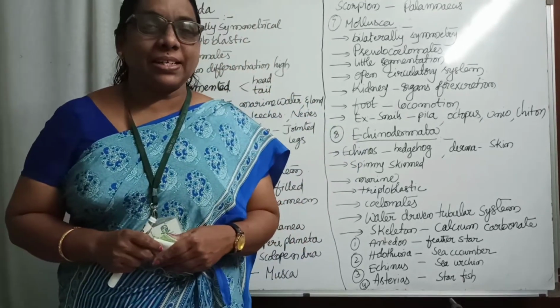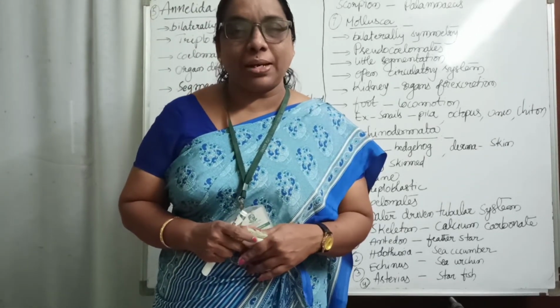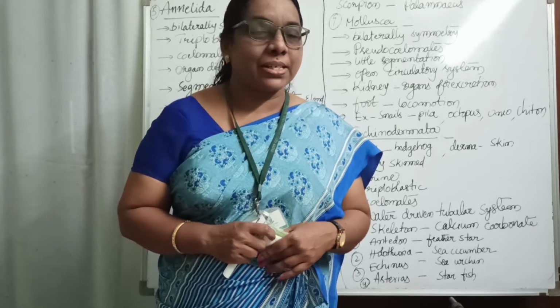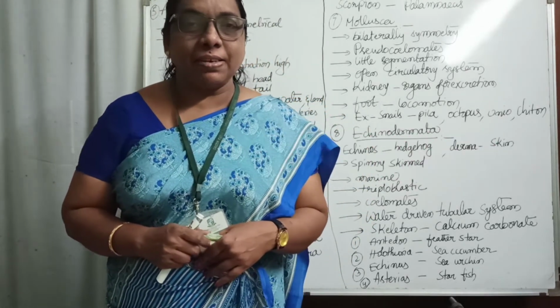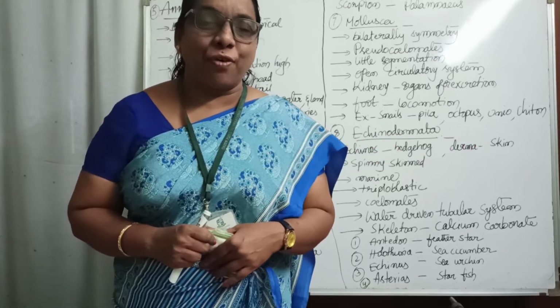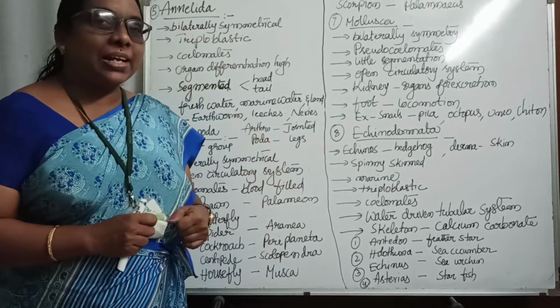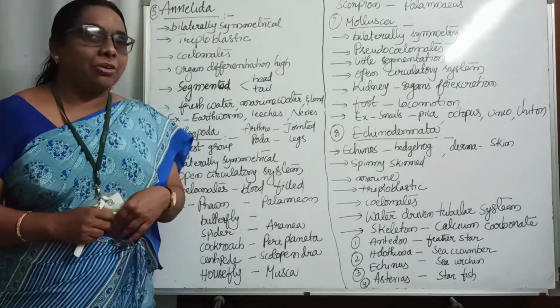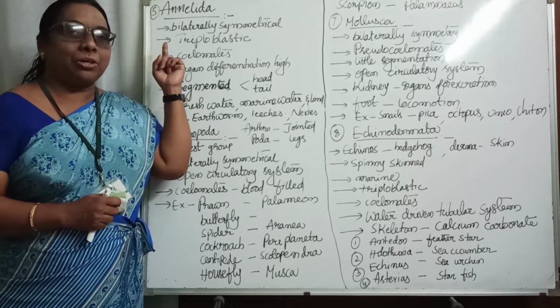Last class we started with the invertebrates, and under that we studied four phyla. The first phylum we discussed is Porifera, the second is Coelenterata, the third is Platyhelminthes, and the fourth is Nematyhelminthes. Okay, children, in today's class we are going to study the remaining phyla, and the fifth one is